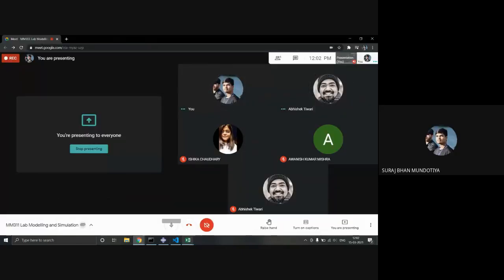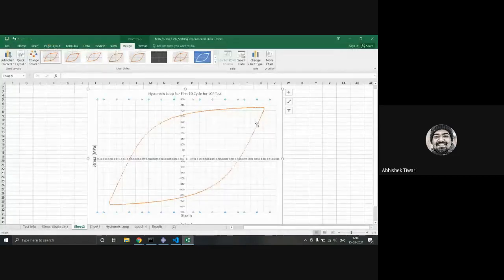No, sir. Okay, so where is the unloading part ending? The unloading, or the loading in reverse direction, is ending somewhere at 425 megapascal in the negative direction, right? Yes, sir. And from there the loading starts in the reverse direction, so from there you have the stress strain curve in the positive direction. That is the linear slope.